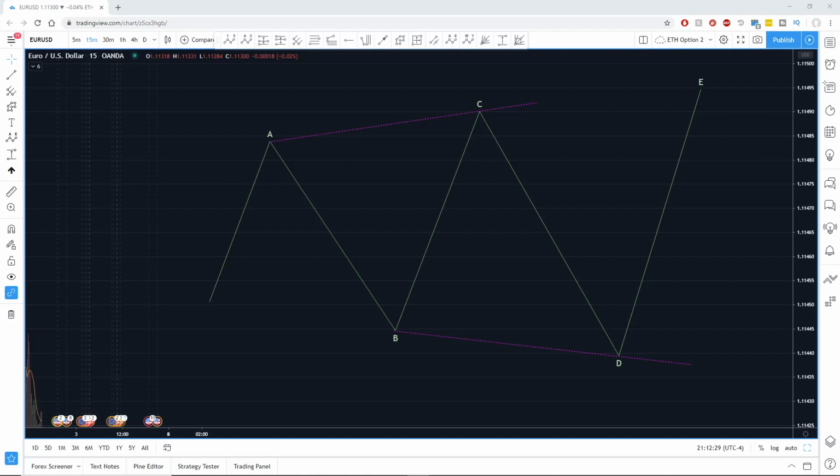So there you have it, flats and their variations, and triangles and their variations, along with the rules and guidelines